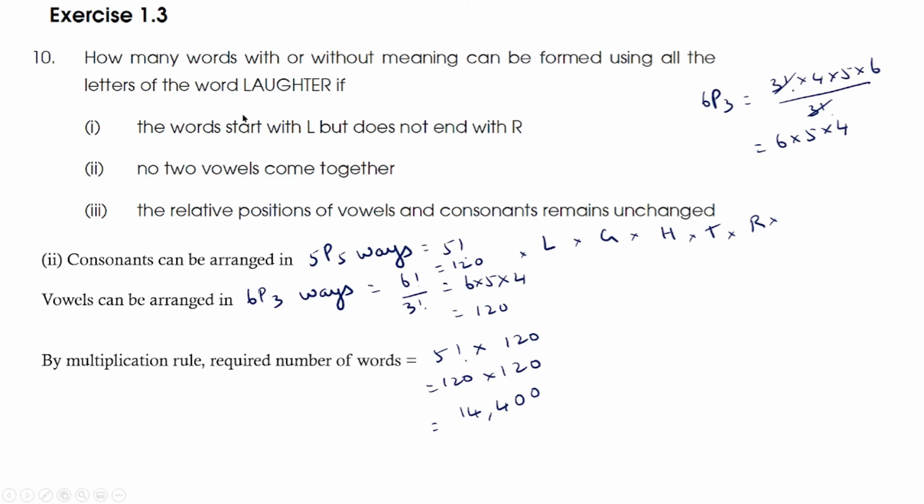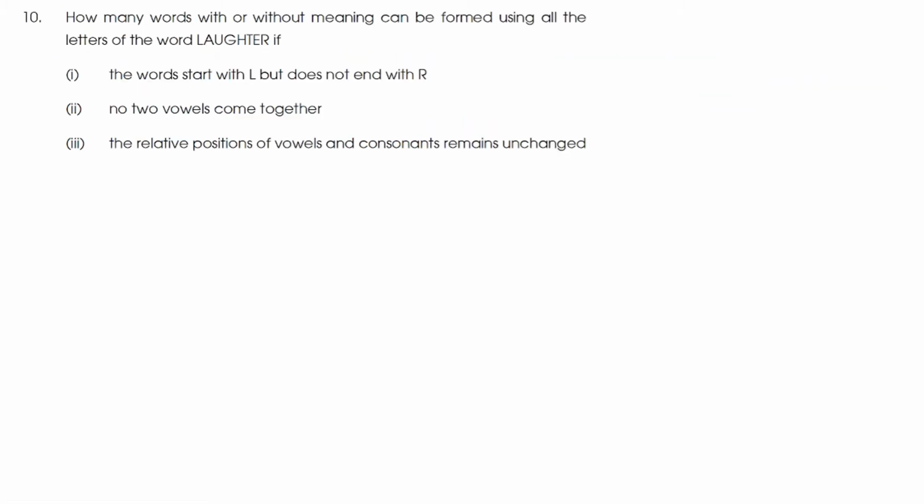So the number of words with or without meaning which can be formed using all the letters in this word "laughter", if no two vowels come together, is 14,400. The third subdivision: how many words can be formed using all these letters if the relative positions of vowels and